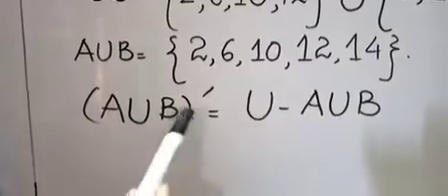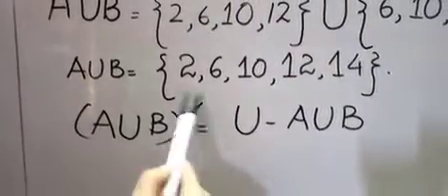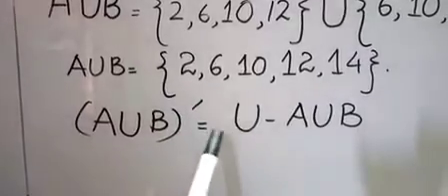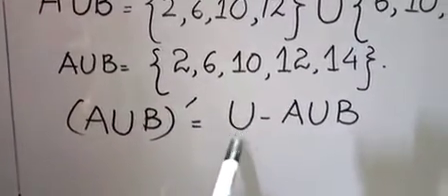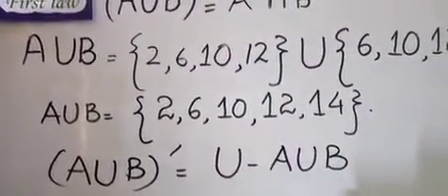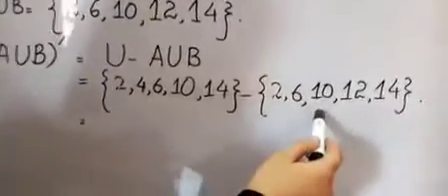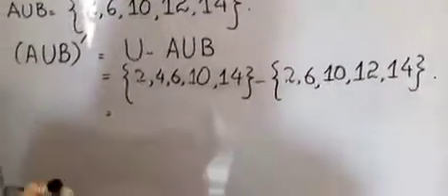I am going to solve A union B whole complement. A union B whole complement means you will subtract the values from set U. So first we will write the values of set U, then A union B. The values should not be in set A union B. So let's take